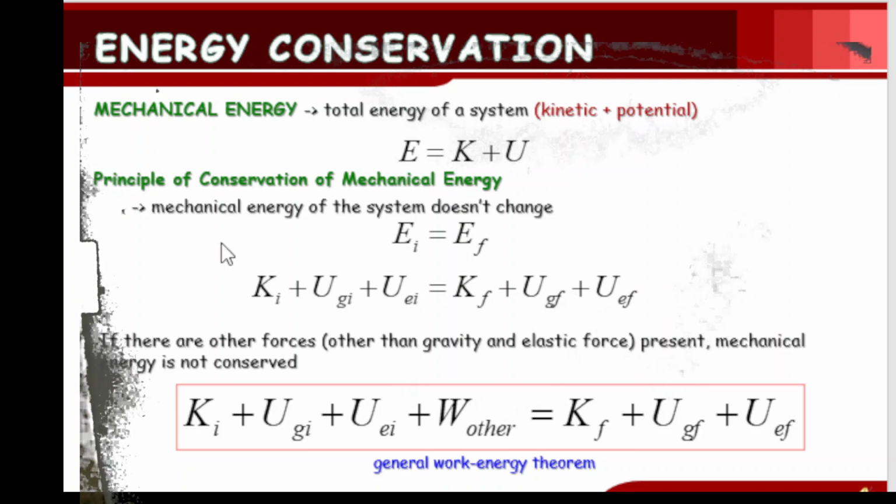Now, the principle of conservation of mechanical energy states that the mechanical energy of the system doesn't change. That means the total mechanical energy at the initial position will be equivalent to the total mechanical energy at the final position. So here we have the principle of conservation of mechanical energy, wherein on the left side of our equation,